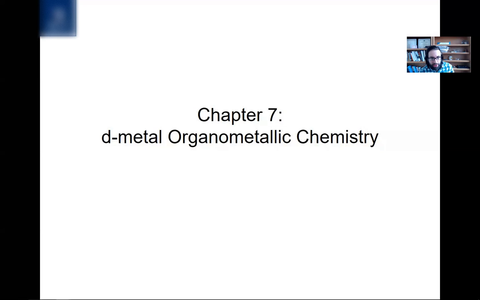All right, so welcome to chapter 7, which is on organometallic chemistry. Mostly we're going to be focusing on organometallic compounds and reactions of those compounds with the d metals. There is organolanthanide and organoactinide chemistry as well with the f metal groups. That's not as rich of an area, hasn't been explored as much, not as much chemical diversity there, so we're not going to have time to dive into that too much, although we'll allude to some of it through this chapter.